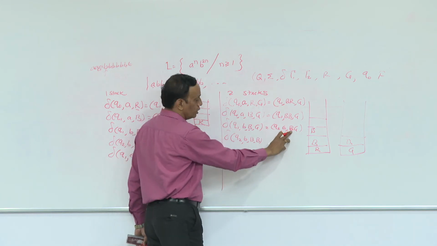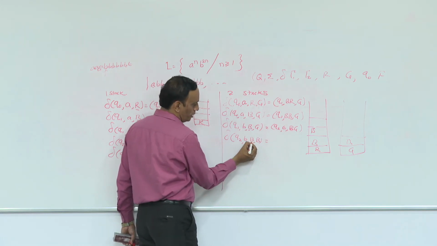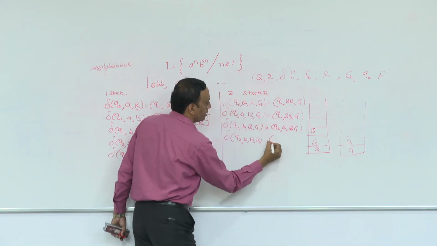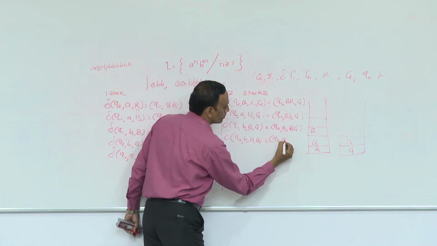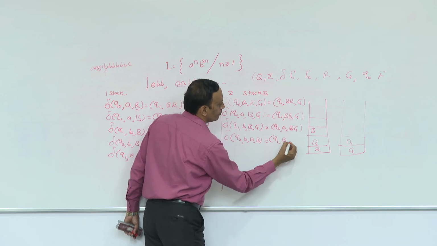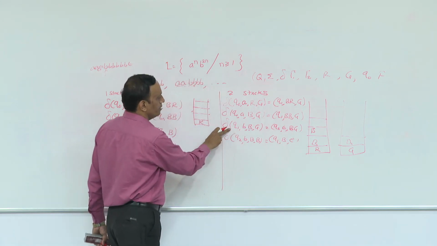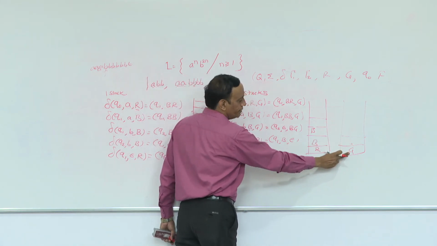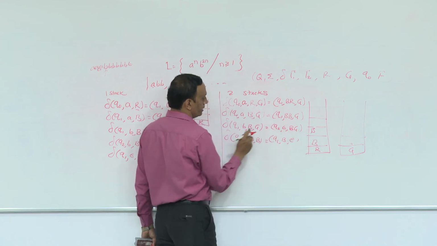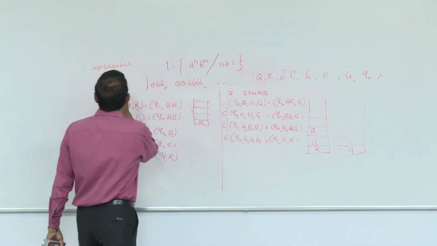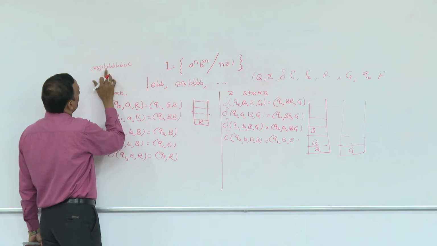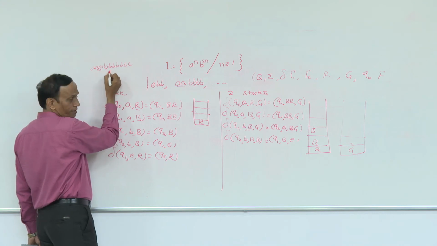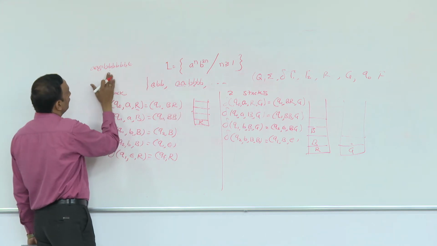Now Q2, again I got B, the next B, and I have a blue plate on top of the second stack. Now I will not make any change in the first stack, but I will pop this symbol from the second stack. So it would be Q2, or I can make it Q1, B and epsilon, so that I can apply this strategy again. If this B is popped, there would be G, and the top of the first stack would be B, so I get this scenario again for the next B. For the first B we popped from the first stack and pushed into the second. For the second B we popped from the second stack and made no change in the first stack.